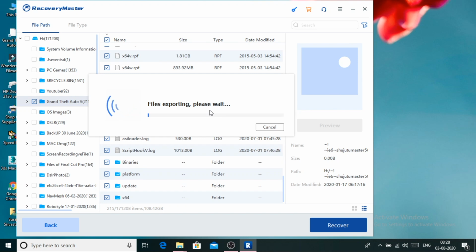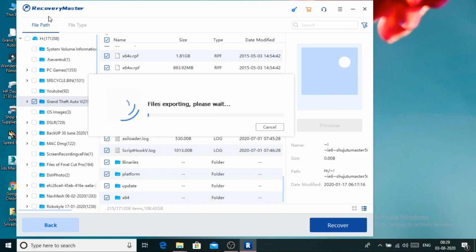And in front of you, you can see it's just exporting the file, and there you can also check the time. Right now it is at 8:28, and let's see how much time it will take to export or recover the file of a size of around 74 gigabytes. In that way you will be able to predict how much time it will take to recover any size of file you want to recover, whether it is files from a damaged hard disk or a damaged pen drive. So all things can be recovered using this software, that is the Recovery Master.